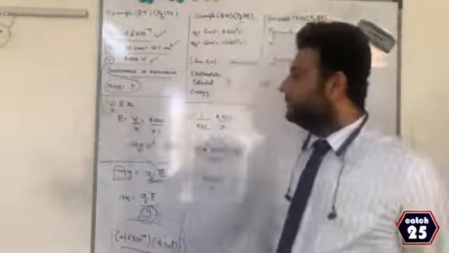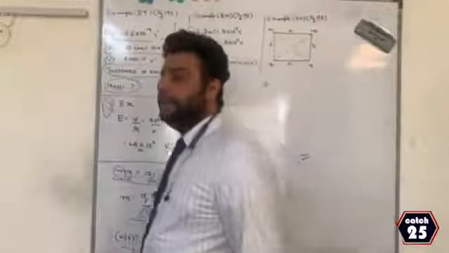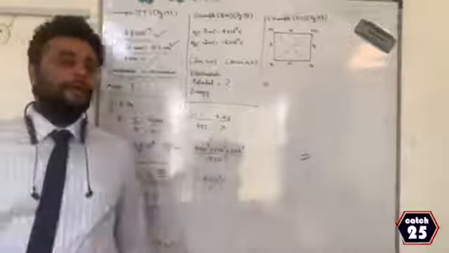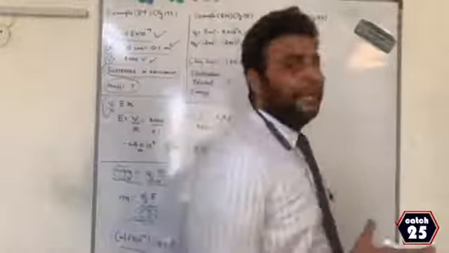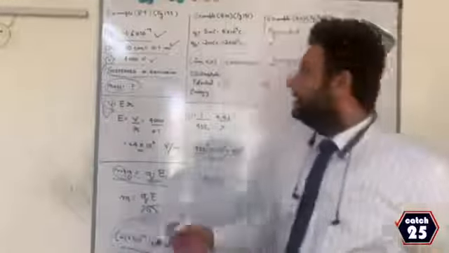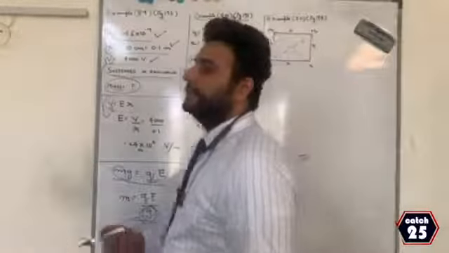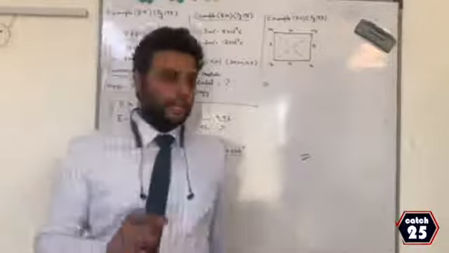One is V is equal to ER, and the second one is this force, which is your equilibrium, where the electric force is equal to your gravitation, that is your weight, mg. Now, immediately next, if you see example 8.10, page 196, if you come to that question, if you read that